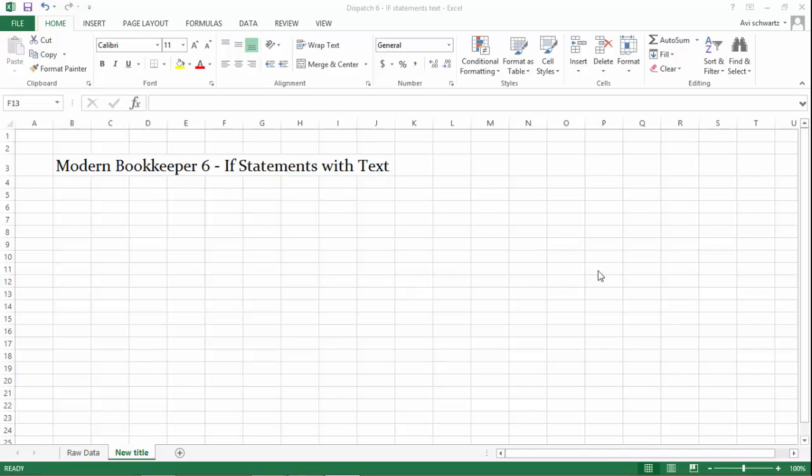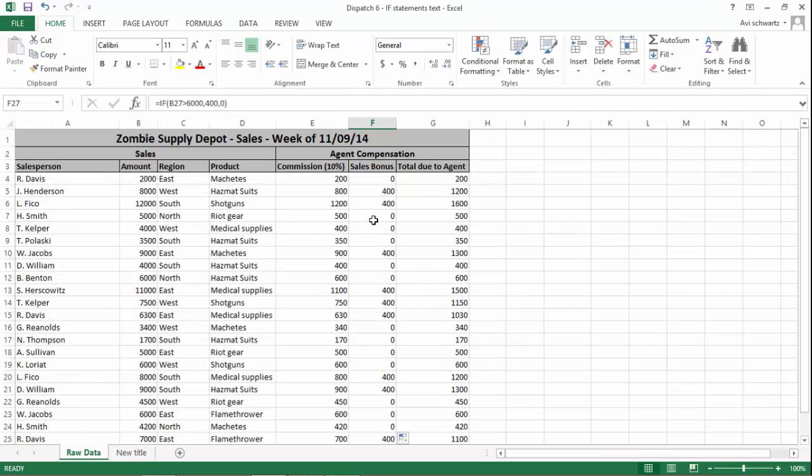For this episode, I want to expand on what I was talking about last time, and that's the if statements. I'm going to put a little twist on it. So here's a basic if statement. This is the one we set up last time. And as you remember, it's a basic logical formula